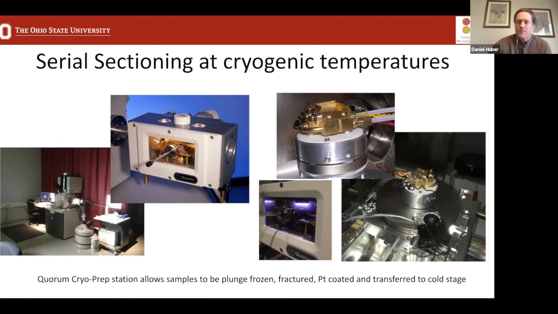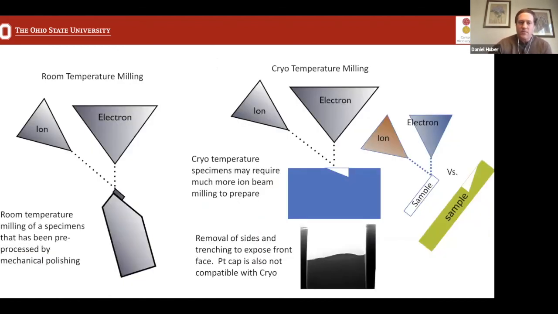So if we look at the room temperature processing, where we had a small metal sample that we had spent a lot of time cutting, grinding, polishing, and then attaching to a pre-tilt holder, which allows us to do the imaging and milling very readily. With a cryo sample, we don't really have the benefit of being able to rotate very easily. And we're not going to be able to take that sample necessarily to a polishing wheel and polish it